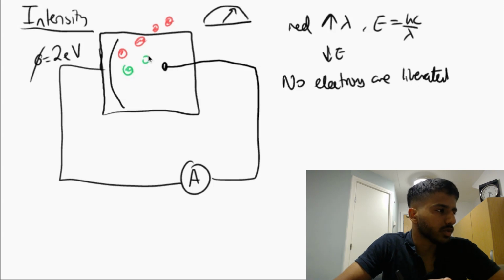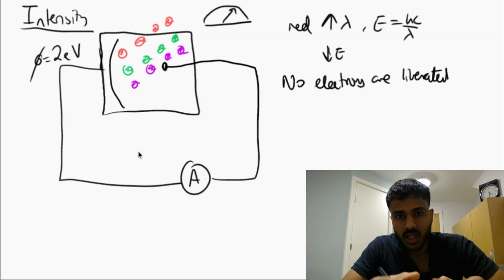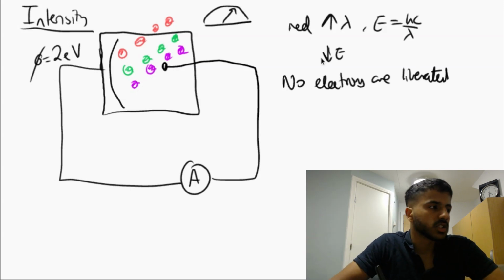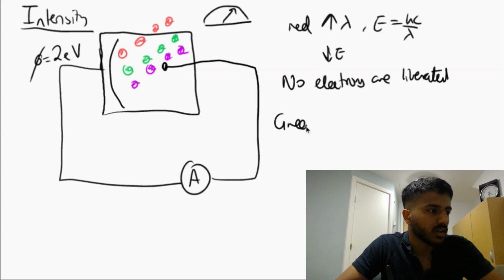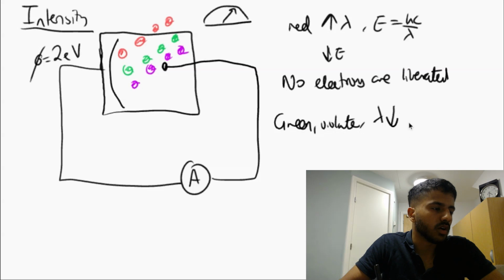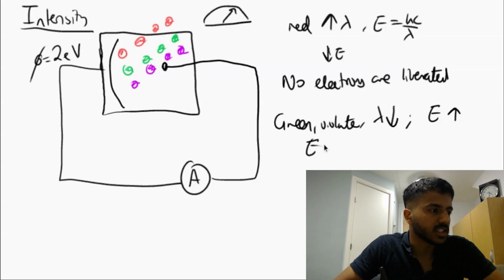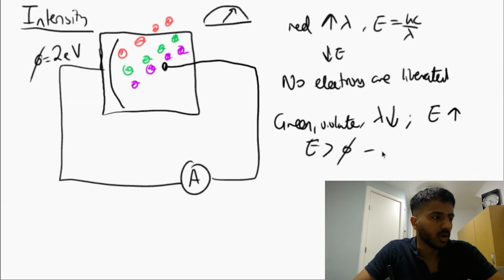However, if I were to use green light or even violet, these colors have a greater frequency and a lower wavelength than red. So what that means is, for green and violet, their wavelength is lower, so therefore the energy of these photons is greater. And in this case, the energy will be greater than the work function. So electrons are liberated